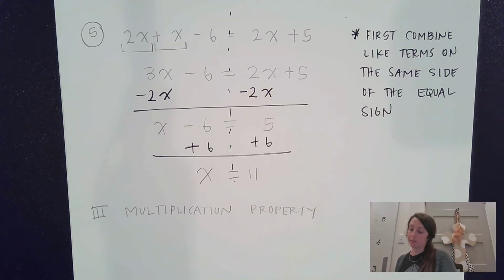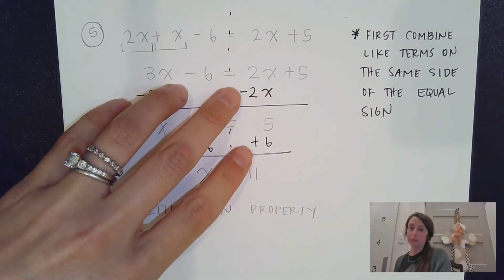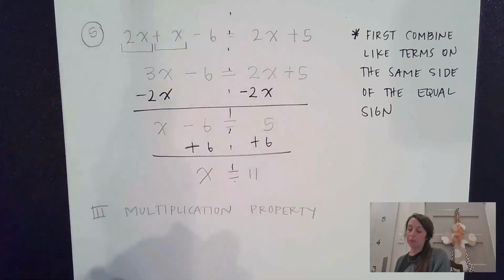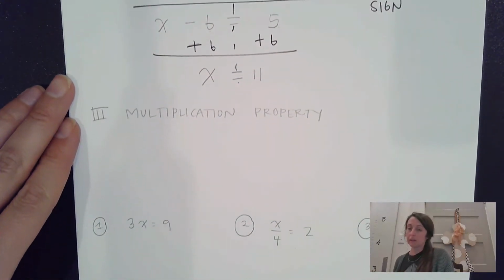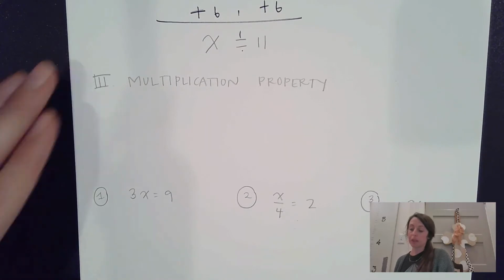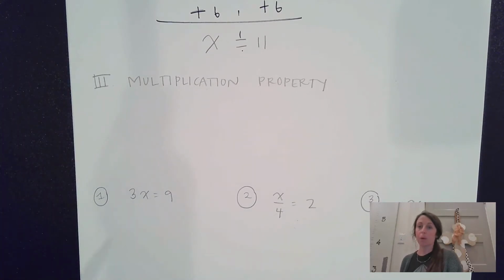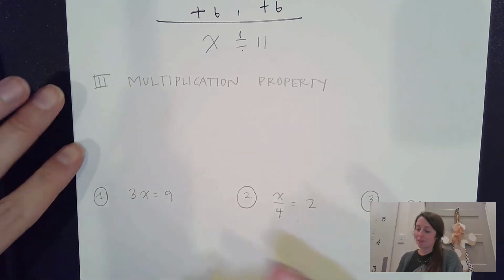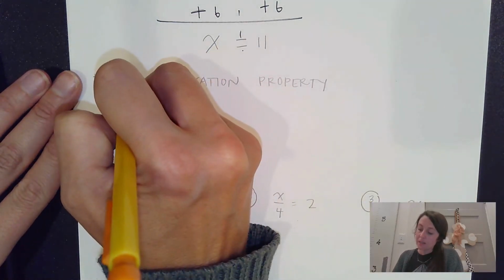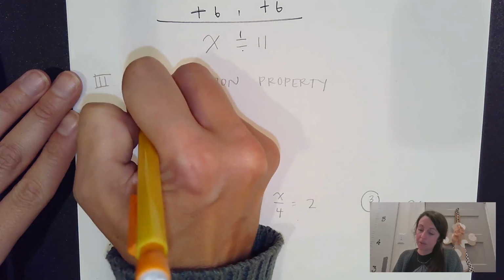Alright, so if you've got a multi-step like this, you definitely want to combine what's on your left-hand side and what's on your right-hand side. Alright, so now we've got the multiplication property. So multiplication property is after you use the addition property. So we don't start off with this one usually. 95% of the time you do not start off with the multiplication property. So after you've done